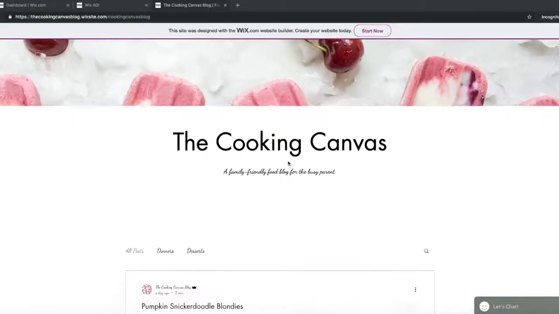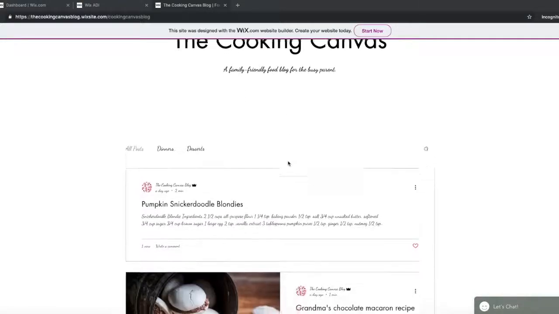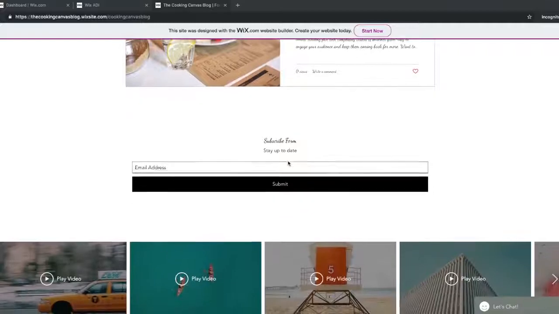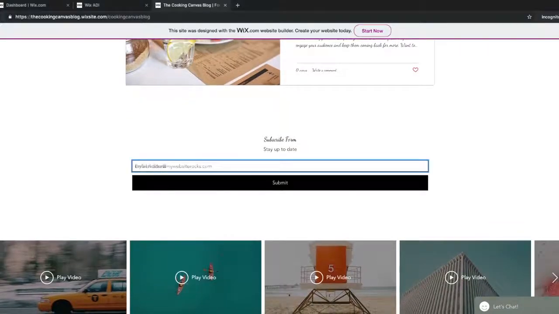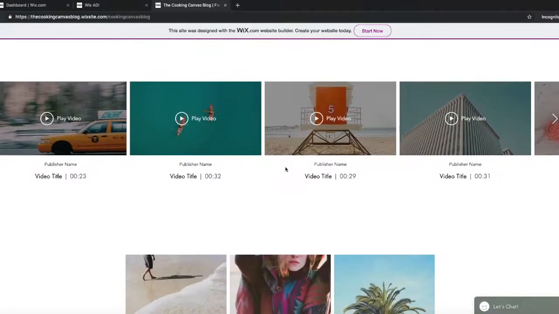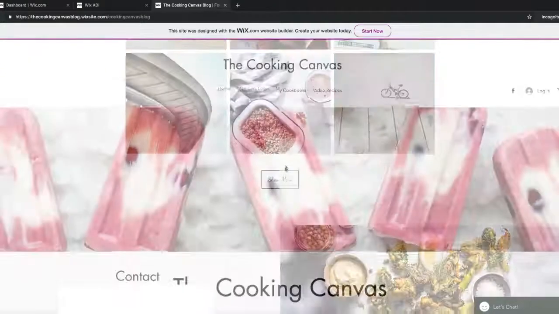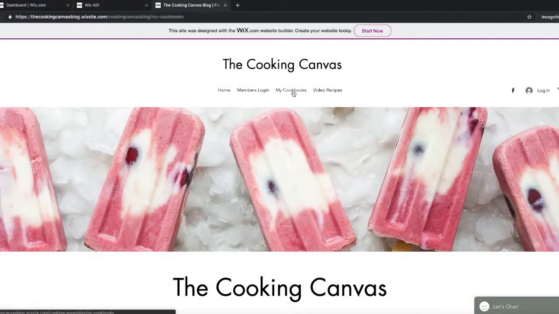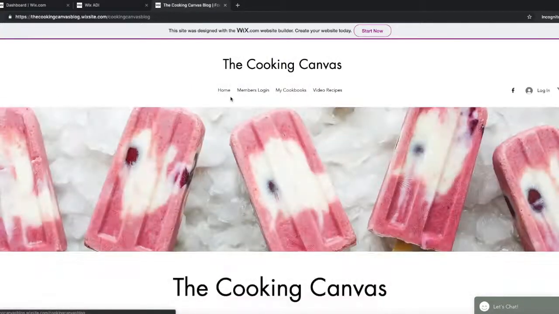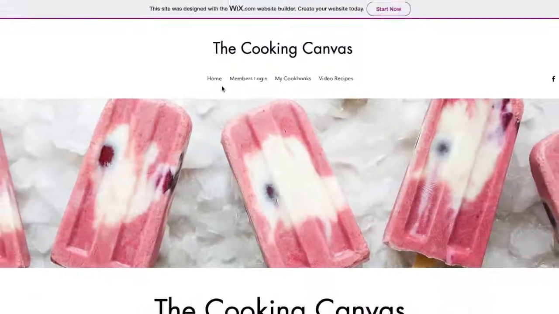We have a professional looking blog, in our case a food blog, complete with blog posts or recipes, a subscription form for our first visitors or customers, a place for videos and other pictures, and contact information, along with a sample online store and paid membership option. And that's it. Wix is incredibly simple to use and is chock full of